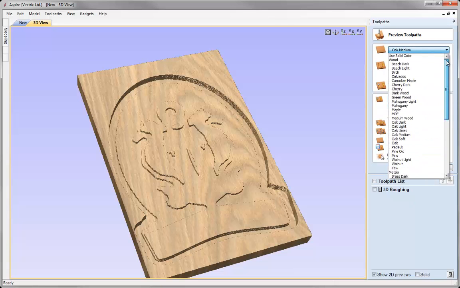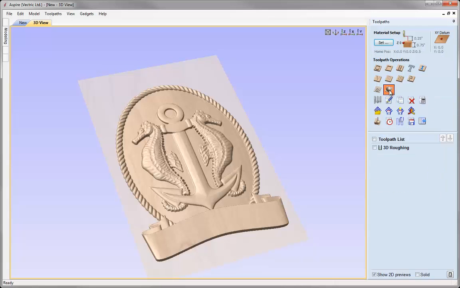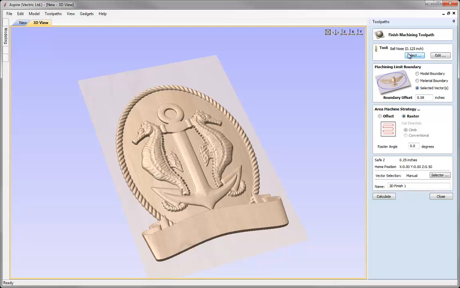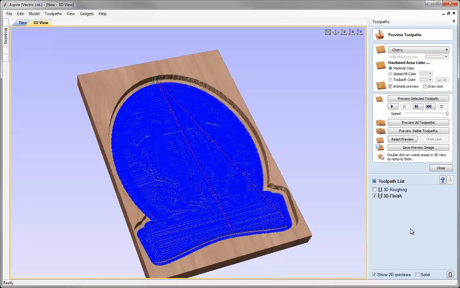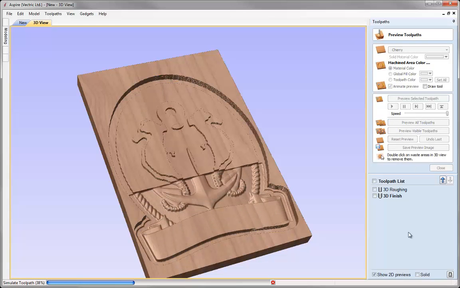Maybe we'll change the material to cherry, that's a little clearer to see. And now if we close that, calculate a finishing toolpath, again here we're going to use a 1/8 ball nose, and we're going to choose this model boundary option, put in the boundary offset there. So again, no vector, this is just picking up the edge of our visible components in order to create the boundary for the finishing. So that's the new option there within the 3D machining, is the ability to use that model boundary for the roughing and the finishing, and then also, as you saw there, the ability to add ramping on the roughing toolpaths. If we want to preview that, we can see what our job would look like,